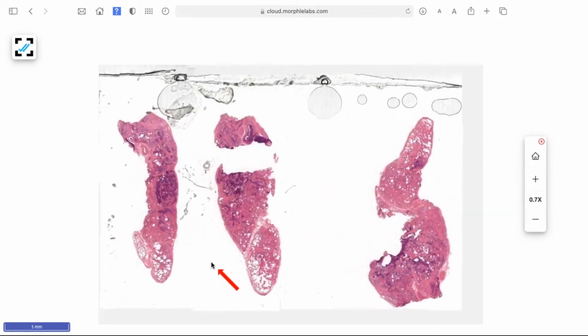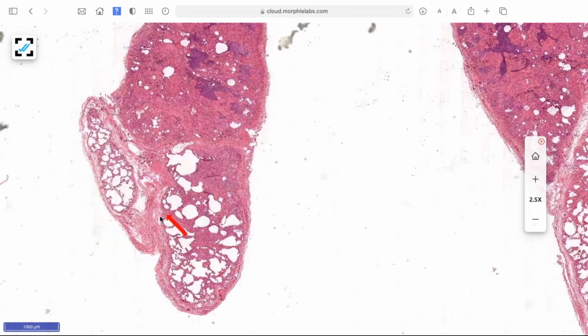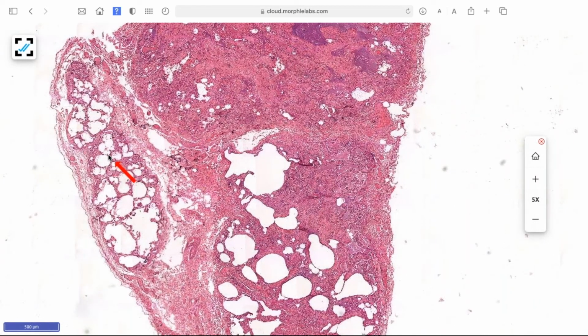Okay, so with that we will go to the high power. In the preserved lung tissue, the fibrosis is happening mainly in the pleura and in the interlobular septa, whereas here it is more like end stage and honeycomb. I will come to that in a minute. Here the fibrosis is diffuse. Wherever in the preserved area, it is around the pleura, peripleural and paraseptal.